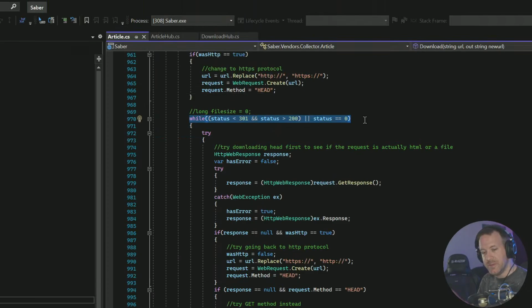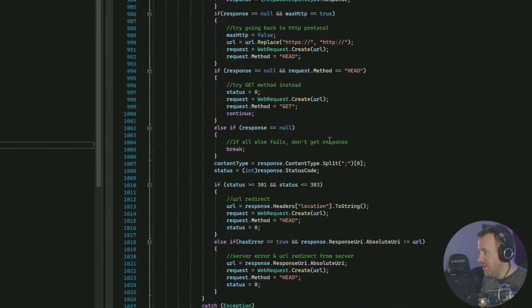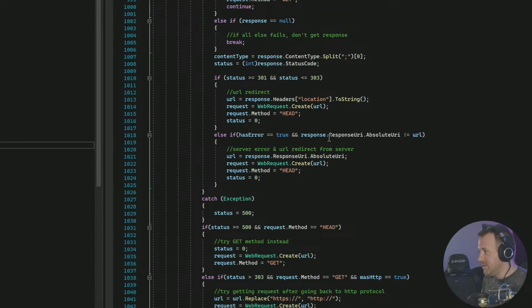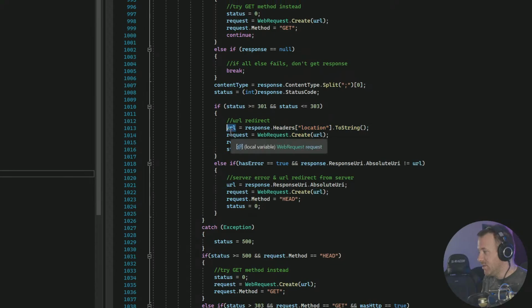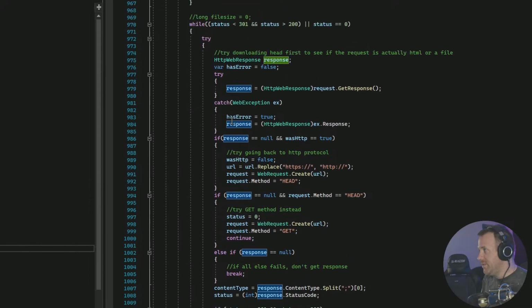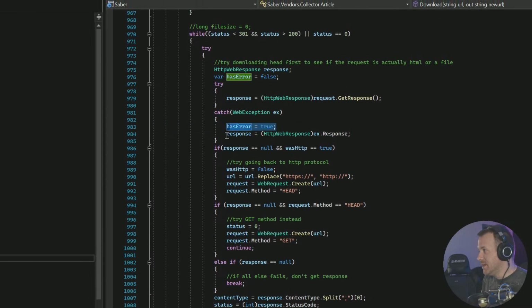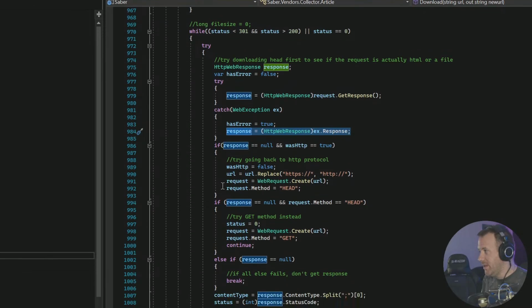And this loop is going to try to hit the same URL over and over and over again. But at the same time, it might redirect. So it changes the URL to a different URL, right? If there's an error, it sets the response to that error. And then